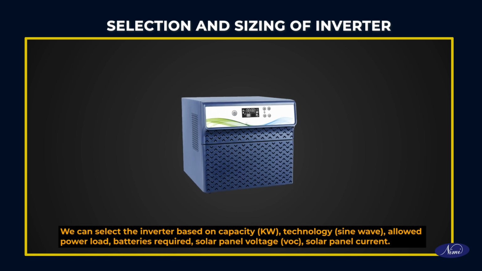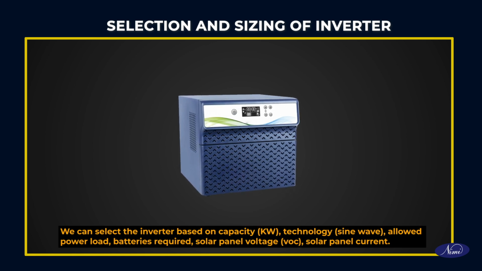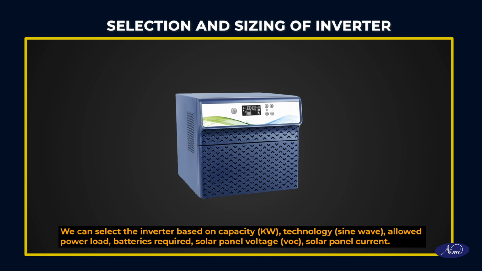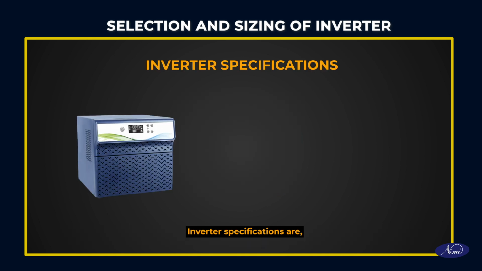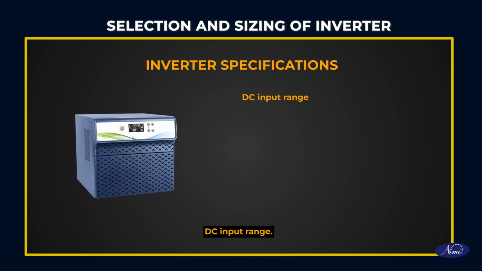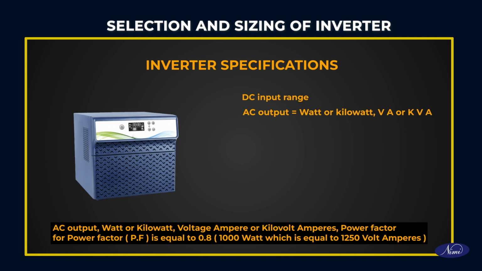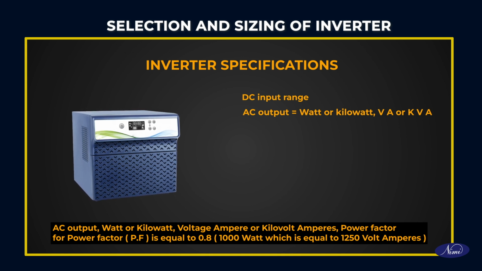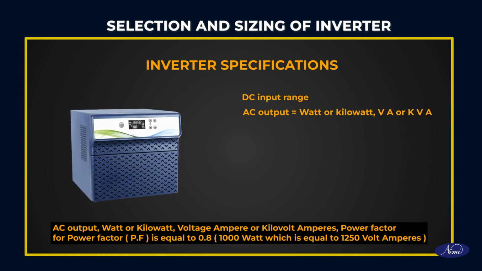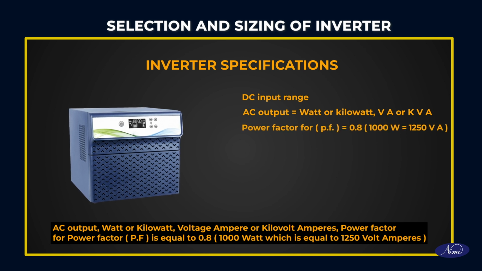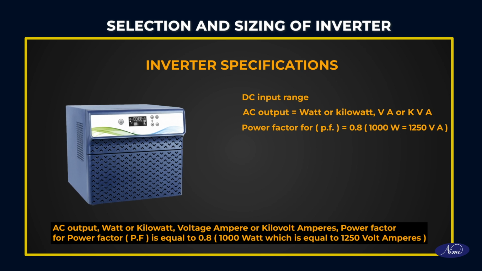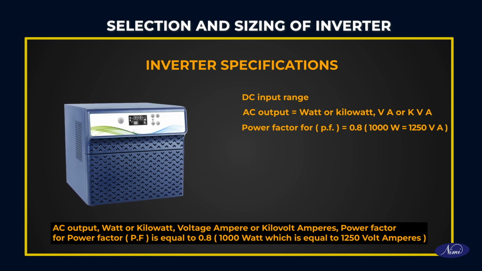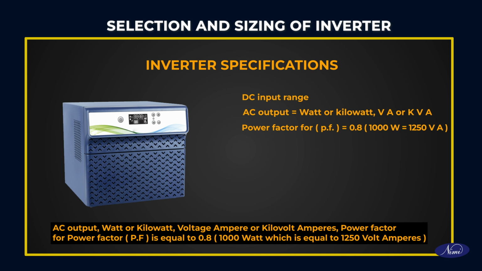Selection and sizing of inverter. We can select the inverter based on capacity, technology, allowed power load, batteries required, solar panel voltage, and solar panel current. Inverter specifications are DC input range, AC output, watt or kilowatt, volt ampere or kilovolt ampere, and power factor. For power factor PF equal to 0.8, 1000 watts is equal to 1250